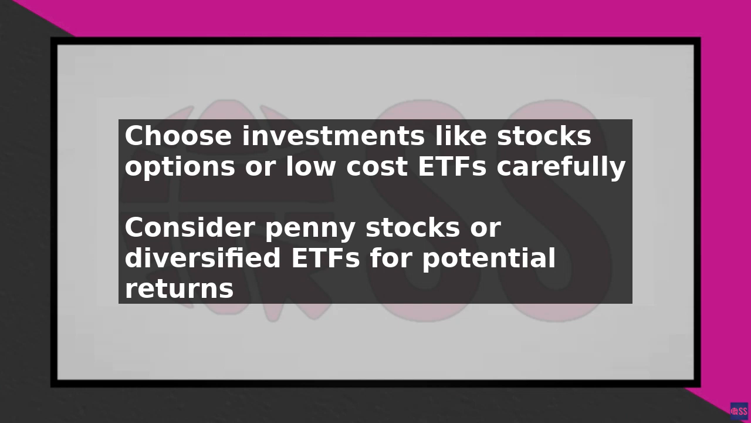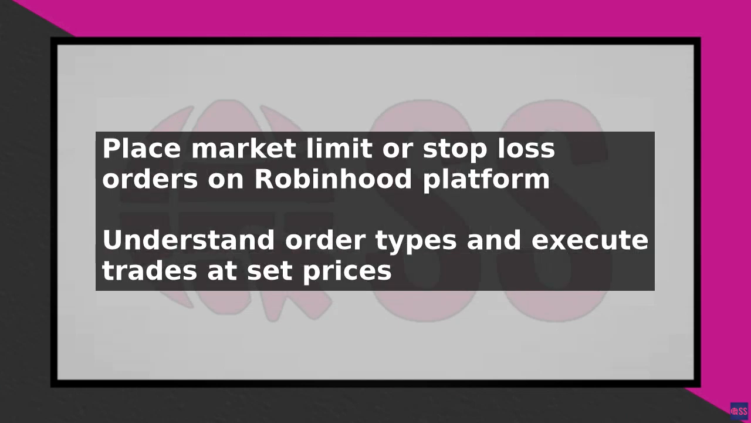Once you have chosen what to invest in, you need to place your order. On Robinhood, you can place market orders, limit orders, or stop-loss orders. A market order will execute immediately at the current market price, while a limit order will execute at a specific price that you set. A stop-loss order will sell your investment if it falls to a certain price, which can